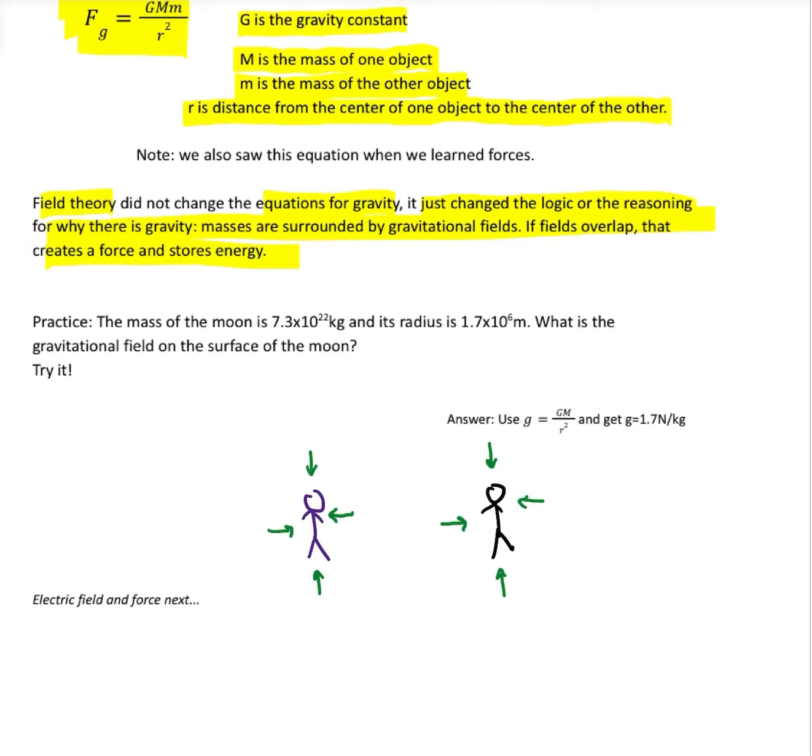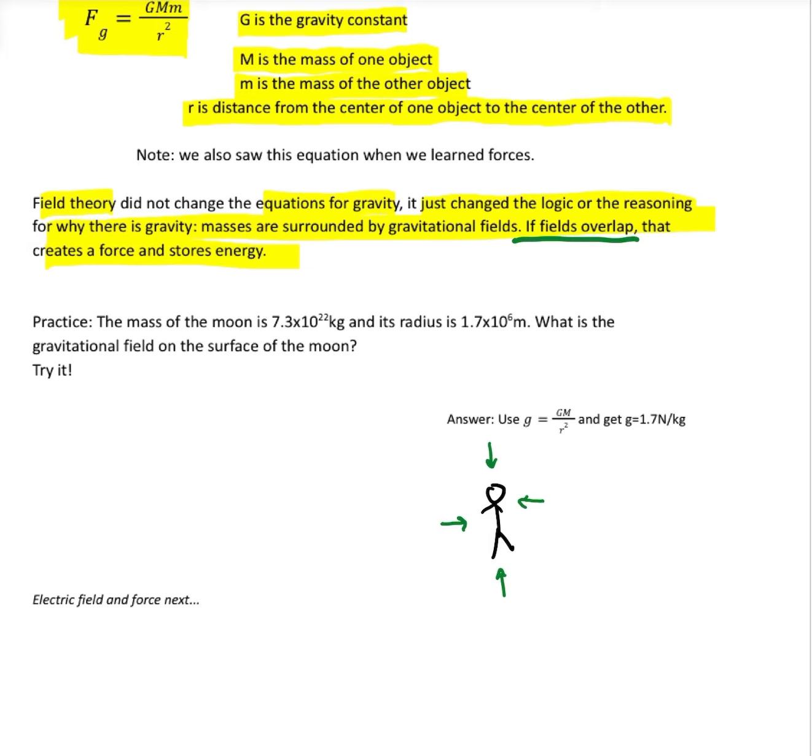The issue with people is they're so light, their mass is so small that their fields aren't very big. If you're standing beside a person, even a meter or two apart, actually social distancing, let's say you're 2 meters apart. Basically, at 2 meters, your field is so small, it's not overlapping with the other person's gravitational field. If you're 2 meters away from another person, you don't have to worry about that person being gravitationally attracted and falling into you. There may be some other stuff at work there, but no gravity. The fields are too small, they're not overlapping. No overlap, no force, and later we'll get into stored energy. We don't have to worry about that.